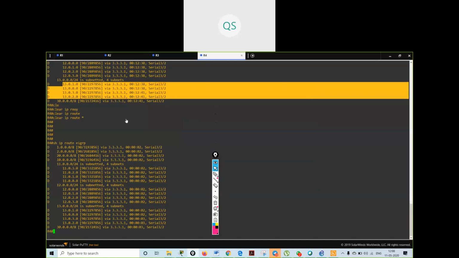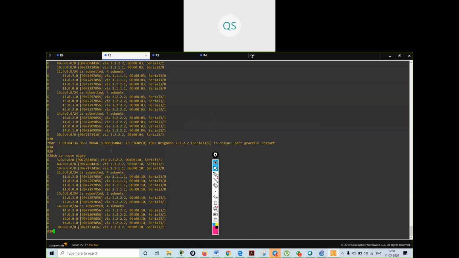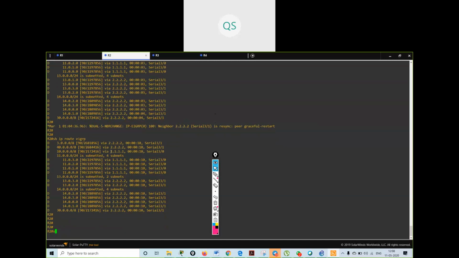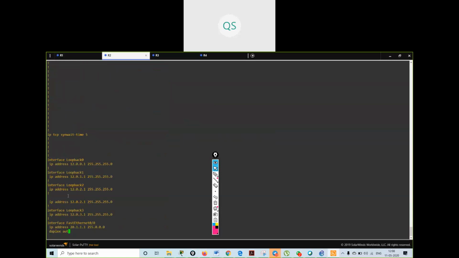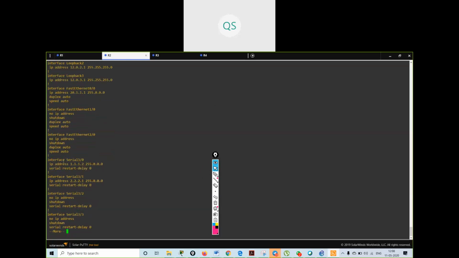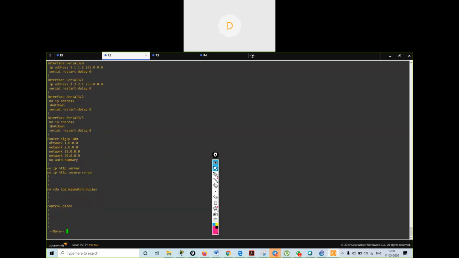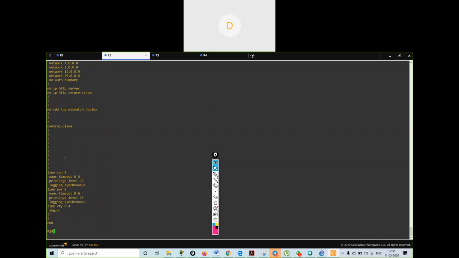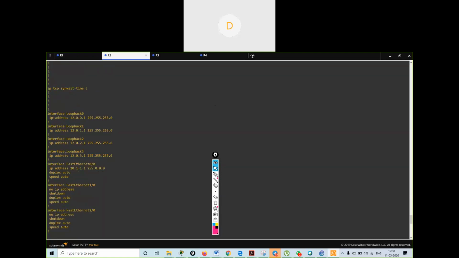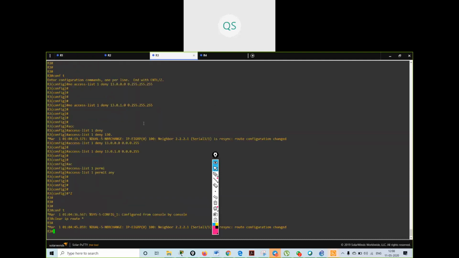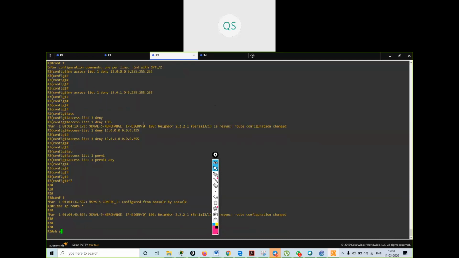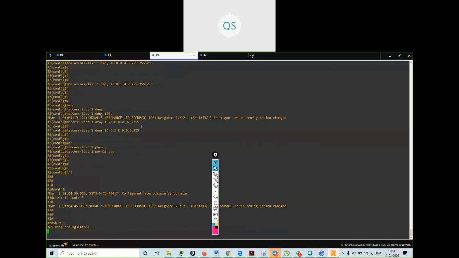But when I go on R2, because I have configured a command that I have given an access list, if I go over here, and if I see the command, I have created an access list. I was checking on R2.